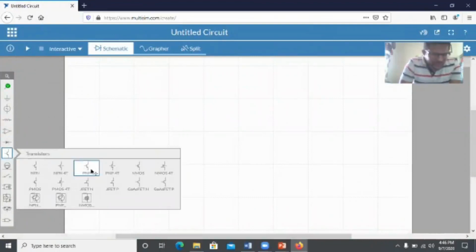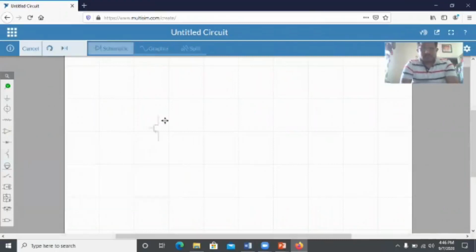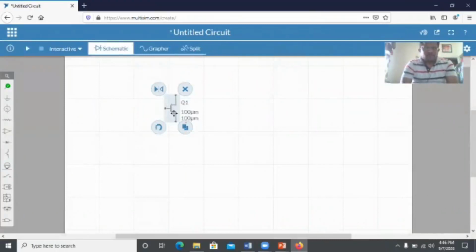First I'll select a PMOS transistor. So this is the PMOS transistor. Actually, for the PMOS transistor the arrow should come up, so I'll rotate it.